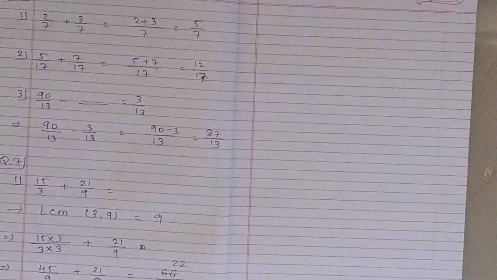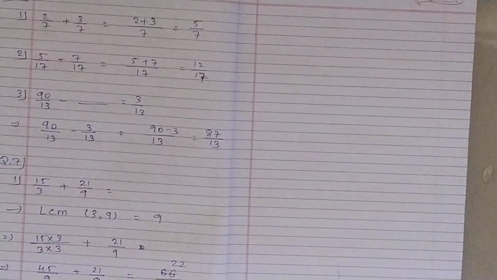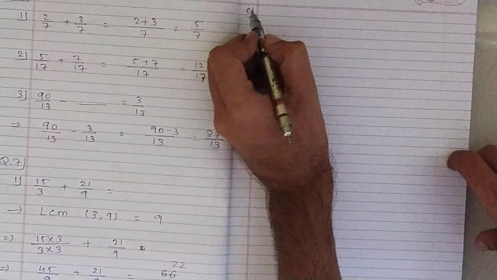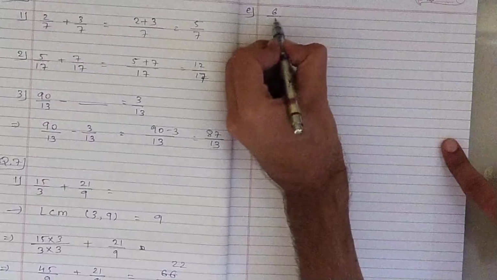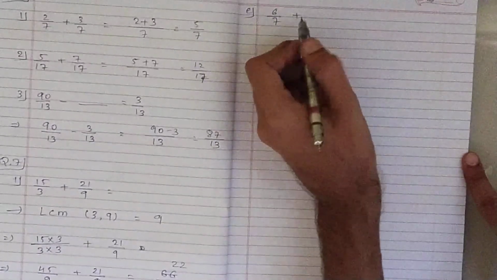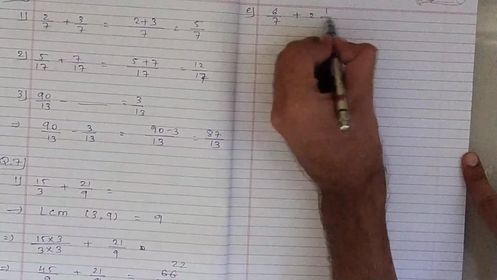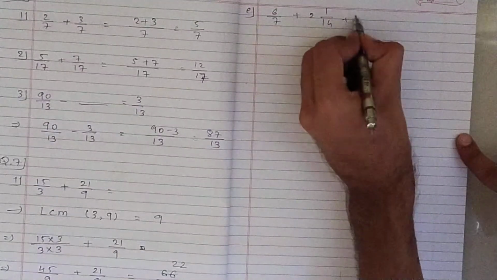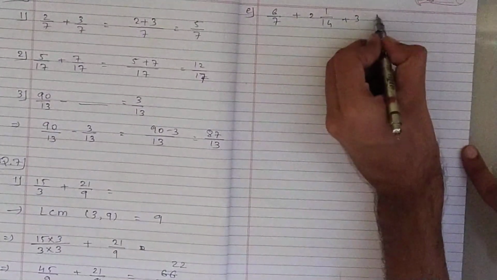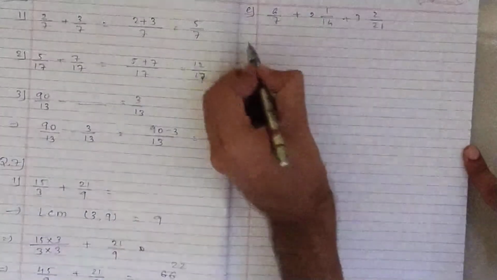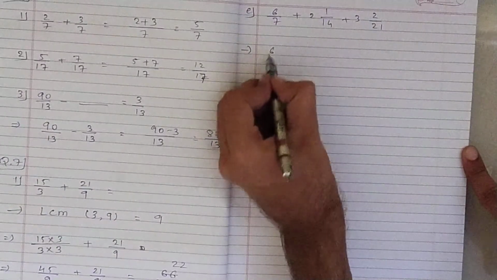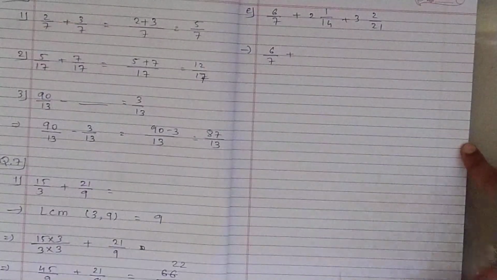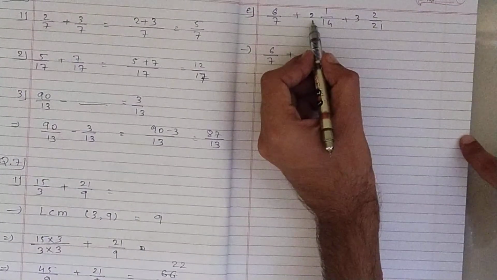Okay, now in question number 7, 6 upon 7 plus 2 whole 1 upon 14 plus 3 whole 2 upon 21, right? So 6 upon 7, this mixed fraction you have to convert into an improper fraction, like 14 2s are 28